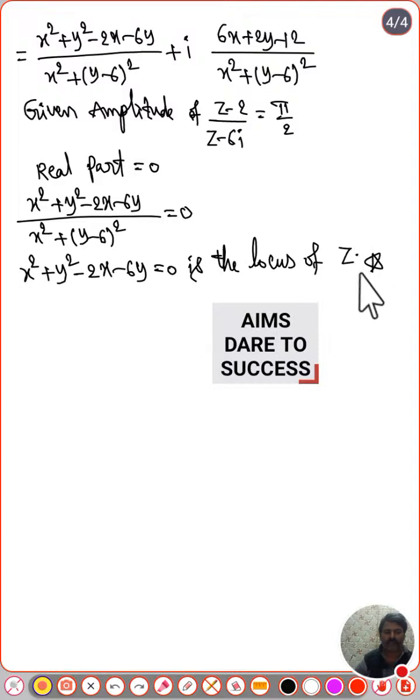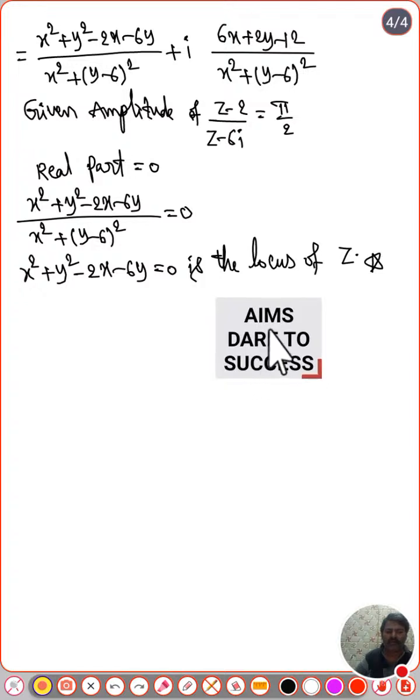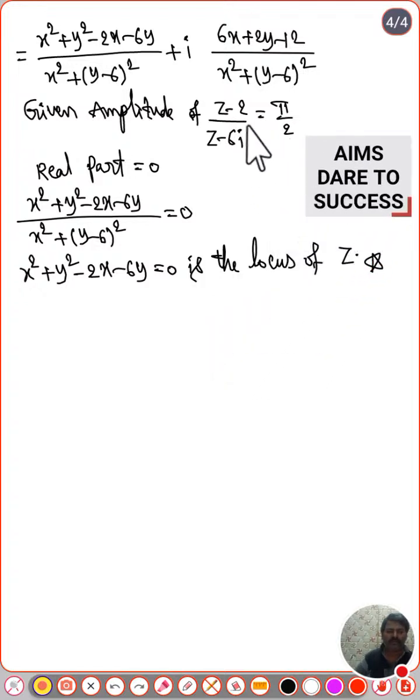Okay my dears, I hope you all are understanding clearly. So whenever the amplitude of something is given as pi by 2, you can consider that the real part is equal to 0. Now I am going to explain you